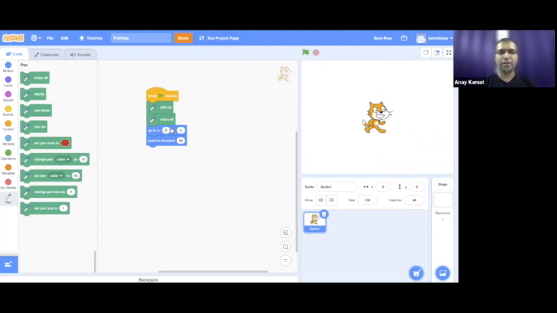Now, if you see, this could be interchangeable. I may say point in direction first and then go to x0 and y0. That is fine as well. But what you clearly see is the order matters over here. For example, if I say erase all and pen up later, it addresses my concern as well. So the order doesn't matter over here, right?